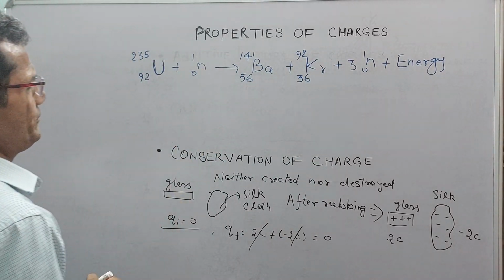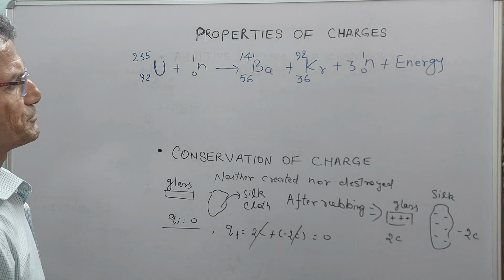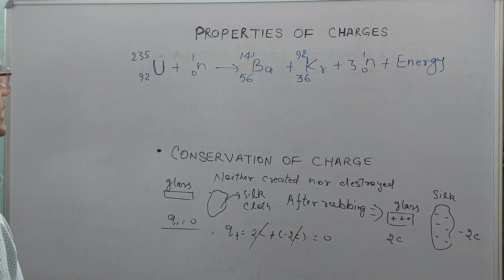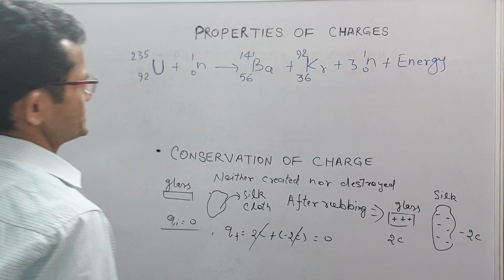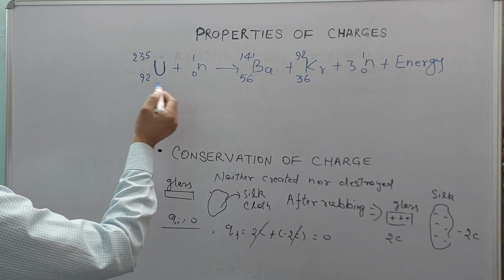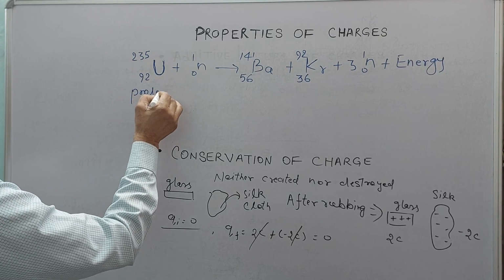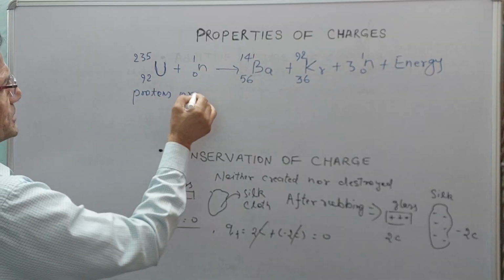Protons reside in the nucleus, and electrons are orbiting. So charge is conserved. Before the reaction we have total protons